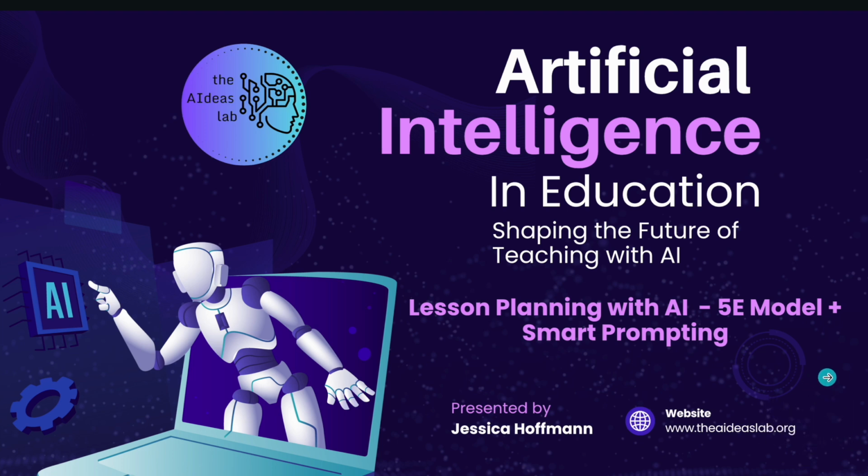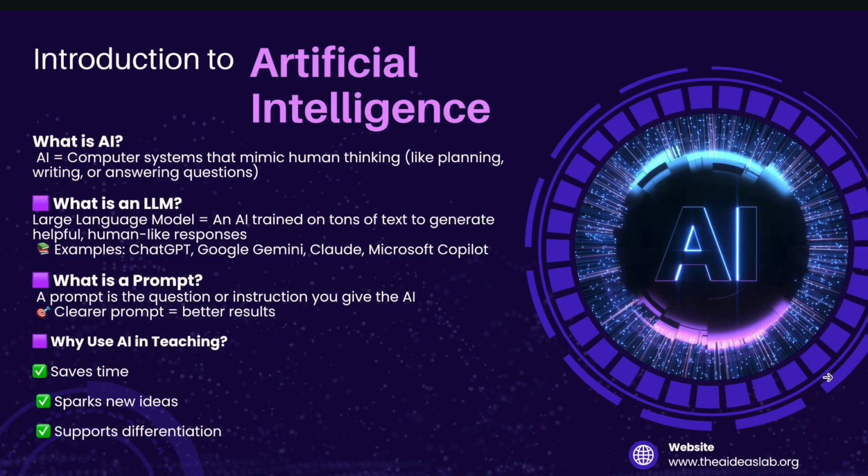Quick detour though, what even is AI? Artificial intelligence, or AI, refers to computer systems that can do tasks that usually require human thinking, like writing, planning, or answering questions. Tools like ChatGPT and Gemini are powered by large language models, or LLMs, which are trained on massive amounts of text and can generate responses that feel surprisingly human. Basically, it's like having a super speedy assistant who's read everything and is ready to brainstorm with you if you